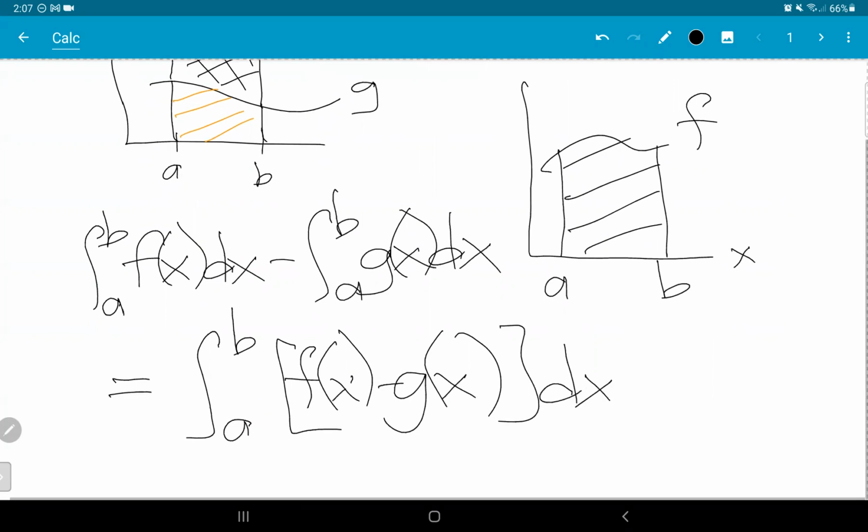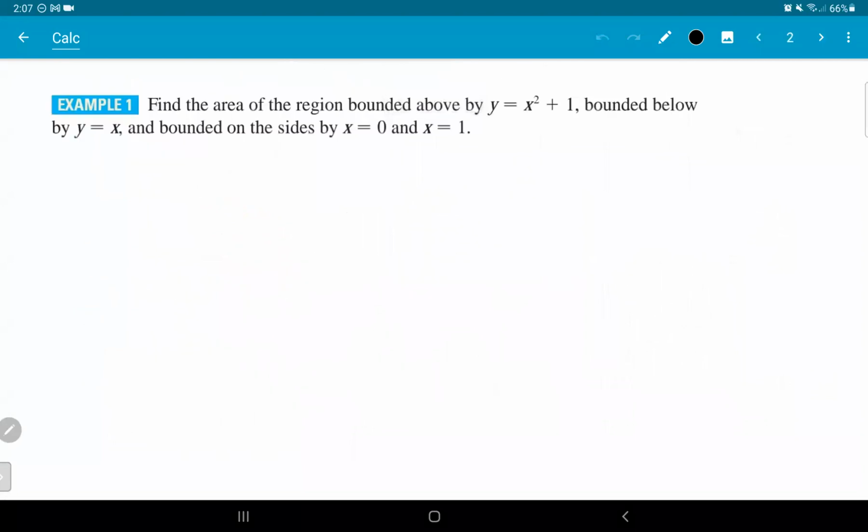Now let's see that in action by considering this region in example 1, which is the region bounded above by the parabola y equals x squared plus 1, and bounded below by the line y equals x, bounded on the sides by the vertical lines x equals 0 and x equals 1. Of course, before you can answer the problem, you have to sketch a graph of the functions and then determine the region. But skipping that part,